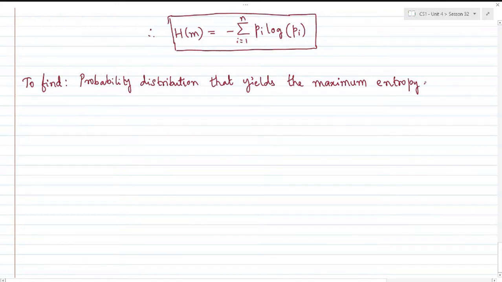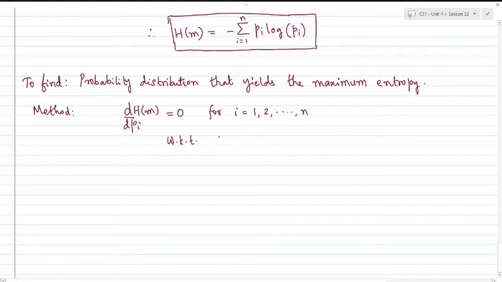Okay, so to have that, we need to take the first order derivative of entropy itself, right? The first order derivative of entropy with respect to each pi, and equate it to 0, and find out that value of pi will give you maximum entropy. Obviously for i equals 1 to n. All right, so we know that p1 plus p2 up to pn obviously sums to 1, and